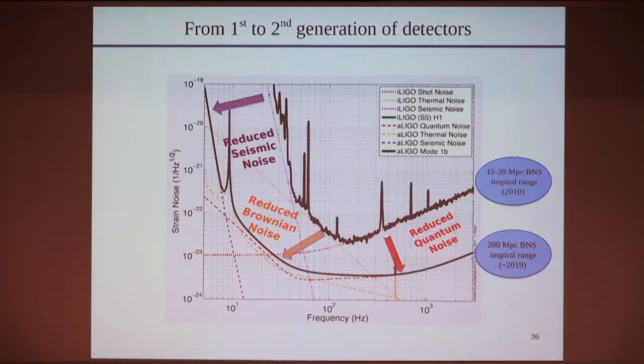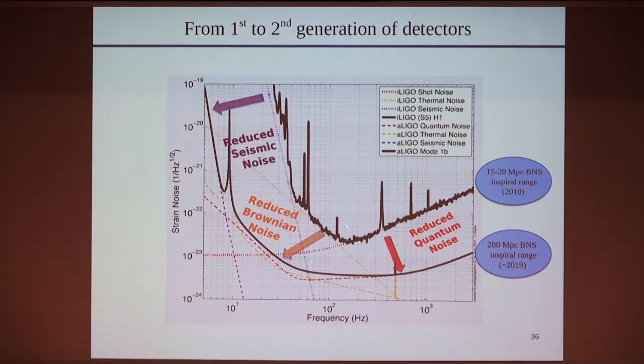What it tells you is that if you have a signal, for instance a binary neutron star, and the amplitude is big enough, you should observe something at some point here. If the signal is down here, you're not going to observe anything. It's below your noise. If you want to measure an excess of energy in your data, which I will explain later how we do, you need the noise to be below your signal. Otherwise, you don't see anything, you're blind.